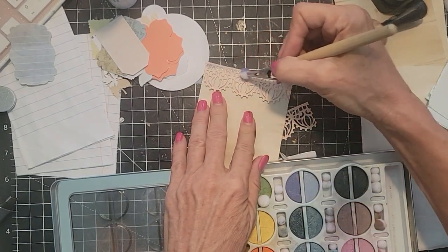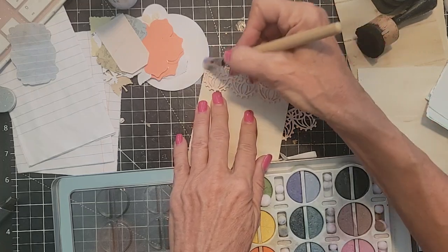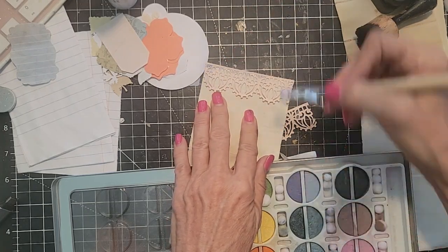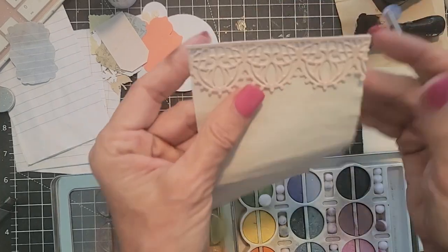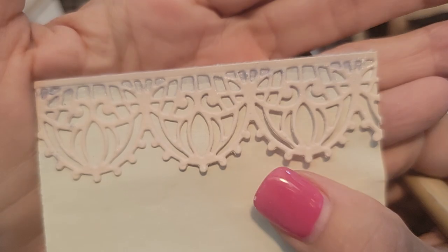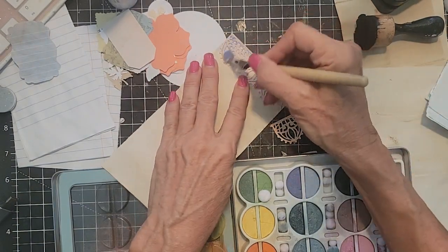Let's see if this works. Something's happening. Okay. Something's happening. Okay, that's kind of cool though. All right, so far we have something that looks like this. Very light, very sheer, shimmery, but it is a way to